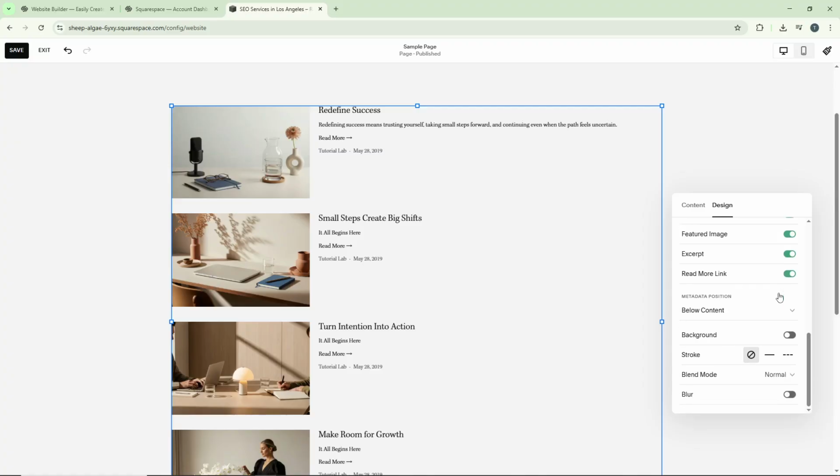Another useful feature is the metadata positioning setting. This allows you to control where your metadata appears in relation to other elements. You can choose to place it above the title, below the title, or below the content, depending on what looks best for your layout. Once you're satisfied with all your customizations and everything looks exactly how you want it, click